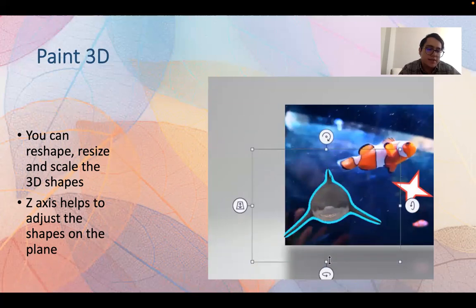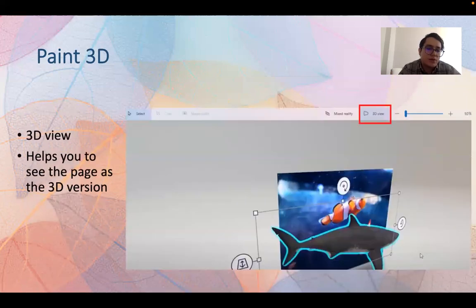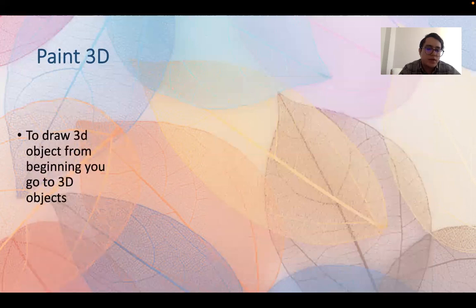And the Z-axis helps you to adjust the shape on the plane to bring it closer to the screen or further from the screen. The 3D view helps you to see the page as the 3D version, so you can see different layers, how they are placed.